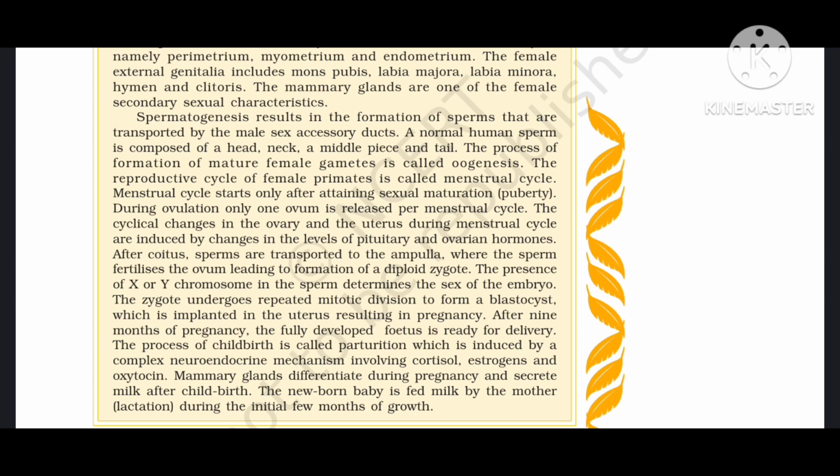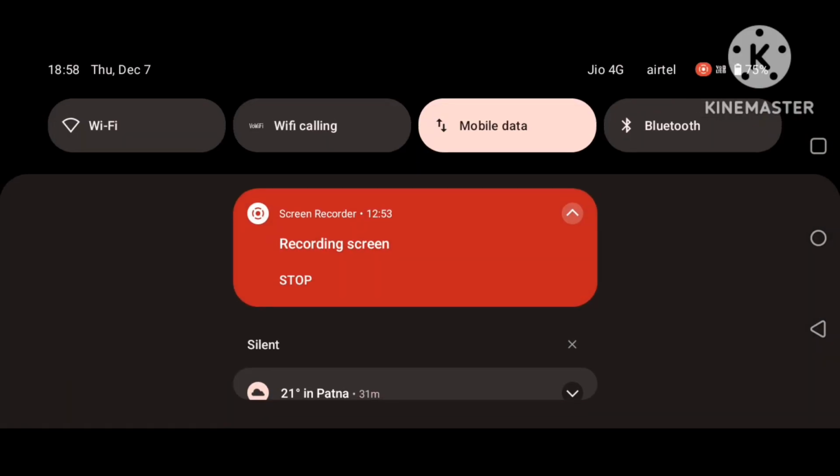After coitus, sperms are transported to the junction of the isthmus and ampulla, where a sperm fertilizes the ovum, leading to formation of a diploid zygote. The presence of X or Y chromosome in the sperm determines the sex of the embryo. The zygote undergoes repeated mitotic division to form a blastocyst, which is implanted in the uterus, resulting in pregnancy. After 9 months of pregnancy, the fully developed fetus is ready for delivery. The process of childbirth is called parturition, which is induced by a complex neuroendocrine mechanism involving cortisol,